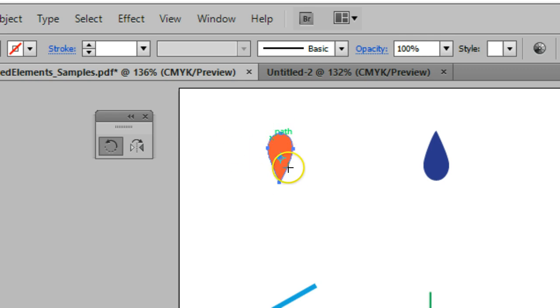What you'll notice is that I've zoomed in. We have this little crosshair, and this little crosshair is the thing that is going to allow us to make the rotation. So this little crosshair is our rotation reference point, and I'm going to click and drag it